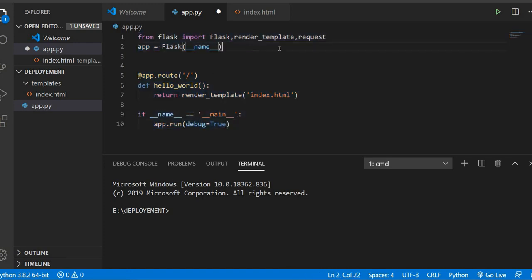We have imported Flask from Flask. After that we have imported render_template to use the index HTML document that can be stored in any folder, that is the templates folder. It is stored in the templates folder, and to retrieve it we are using render_template. We have talked about request, that if we submit our form, then the value present in the form we want to retrieve, so that it can predict our result. For that reason we have imported request.